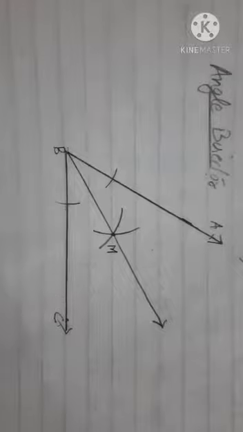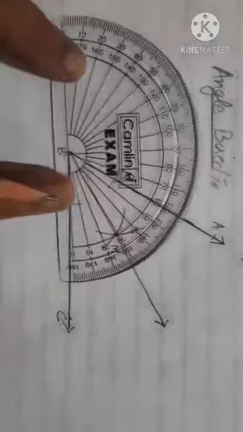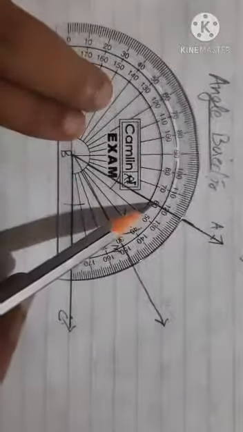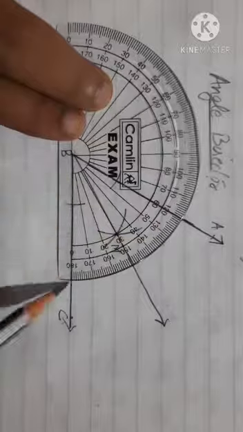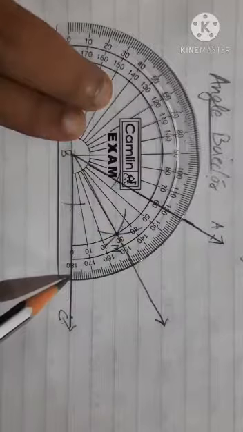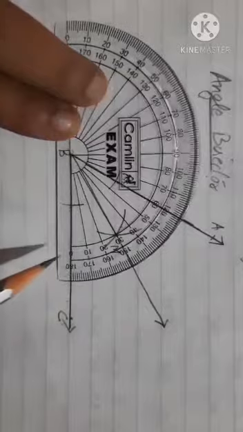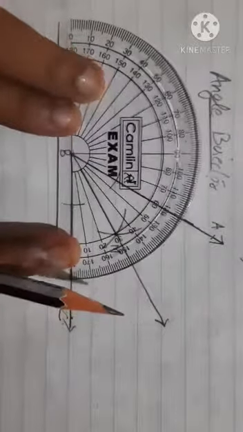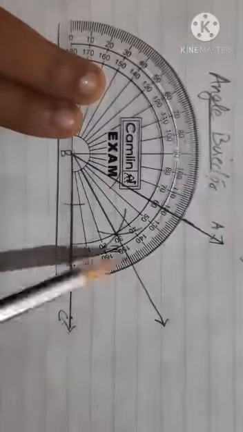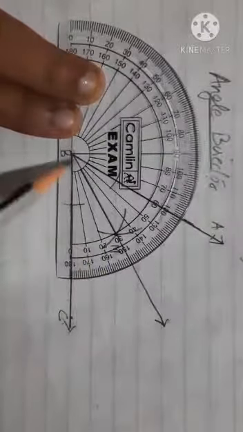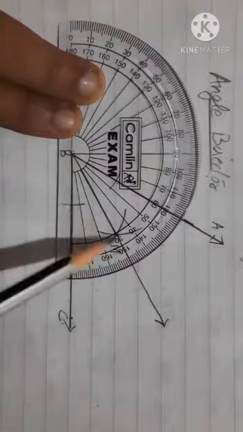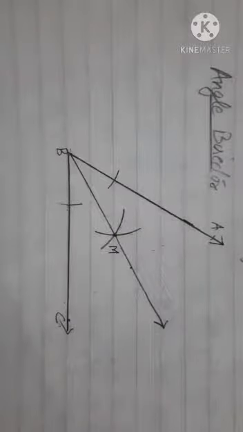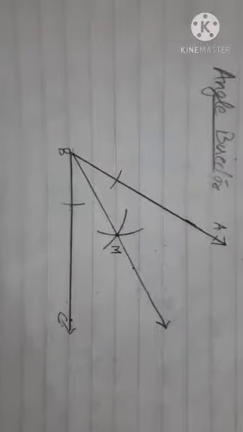How to check? You make use of your protractor. I'll keep the protractor. If you remember, initially I made a 60-degree angle. Now the 60 degrees divided into two equal parts means it should be 30 and 30. So I have kept it here exactly. If you check, ray BM is exactly 30 degrees, which means the angle bisector we have constructed is correct. So how will you write this?